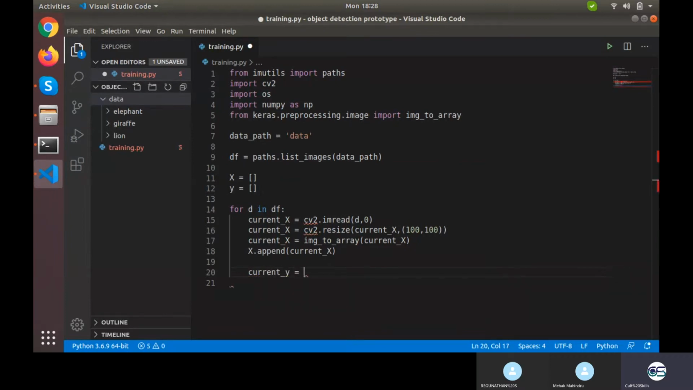Current y would be d.split. Split on what? The split function needs something to split on. If I say spaces, it will split by space. I want to split by slashes. But if you notice, these slashes are reversed in Windows. Windows uses this sort of slash and Linux uses that slash. So this can be generalized by using